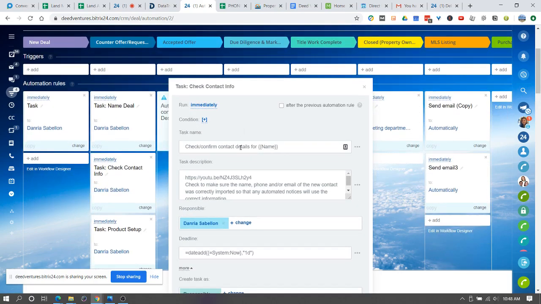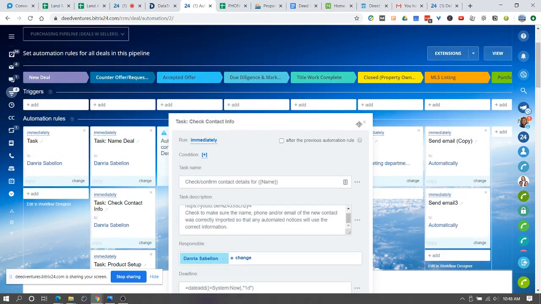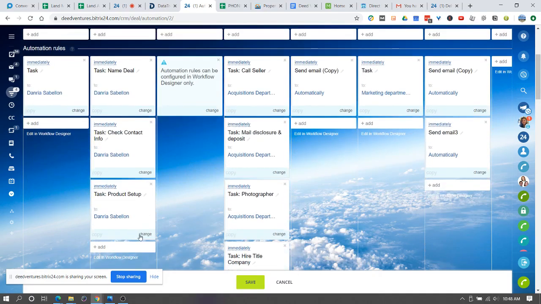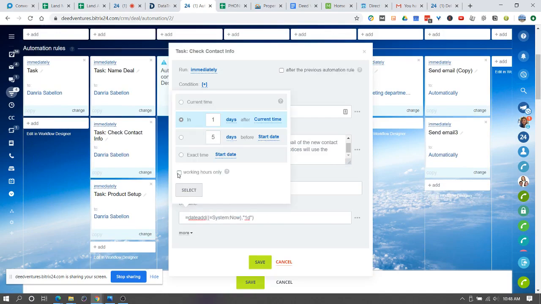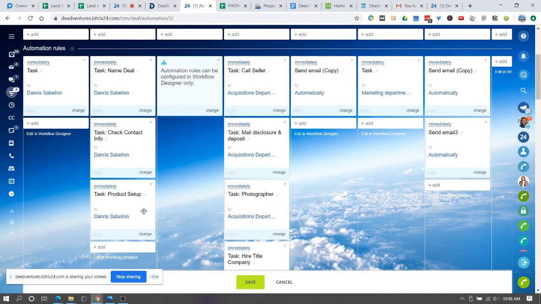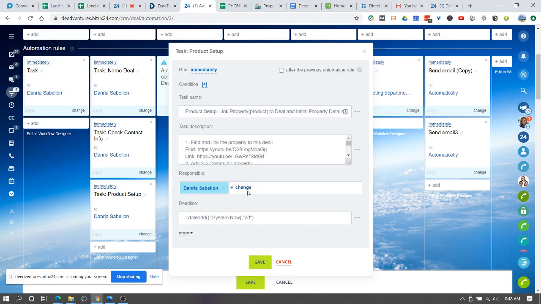All right, so this one is to make sure the contact information is correct. Check that. Makes sense. Oh, I need to check the timeline. Make this workflow as well. And this one is 2 days. Okay. And this is the one where you link the property to the deal, add comps, get the screenshots, and then